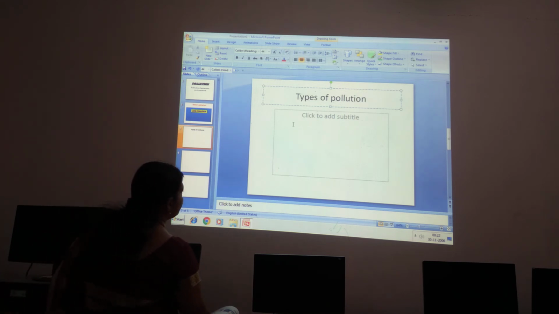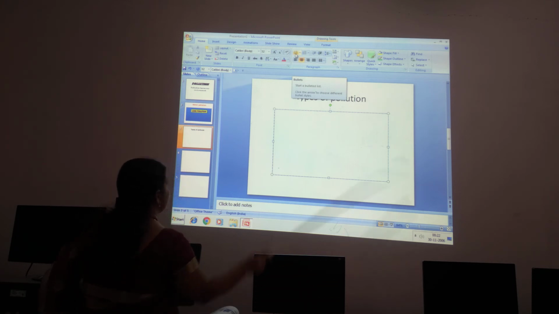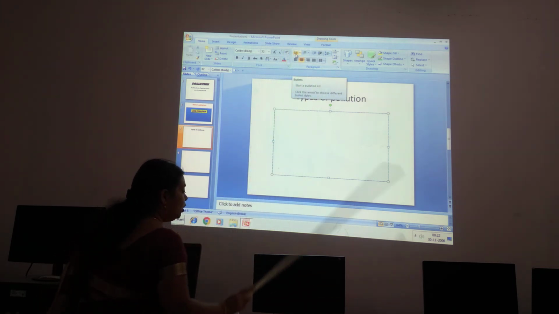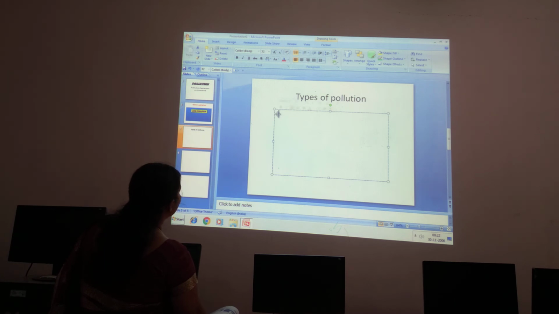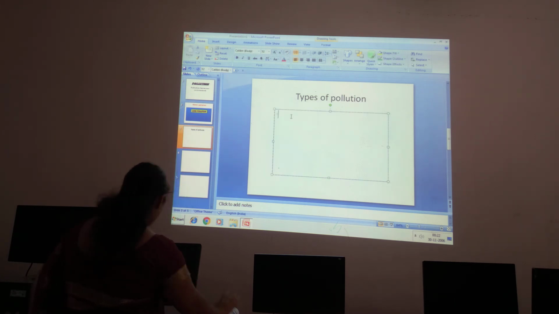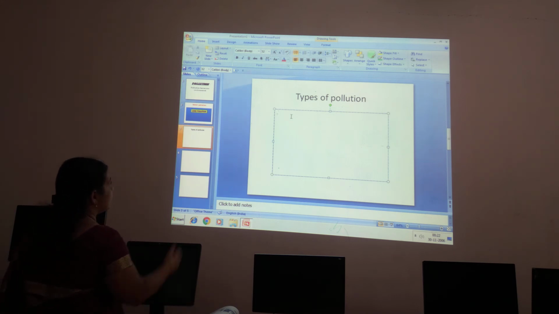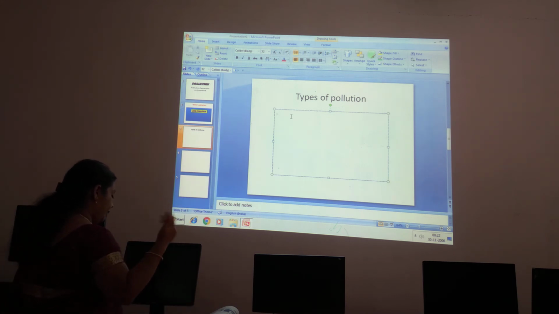Now observe here, children. Here I am going and clicking the bullets. In the paragraph group you have the bullets, children. So click on to that. Okay. So it is coming in the left middle, children. So I am setting the alignment to keep it on the left side. See, it has moved to the left side, children. Okay. So next, see, I will add now. The bullets will be entered one by one.